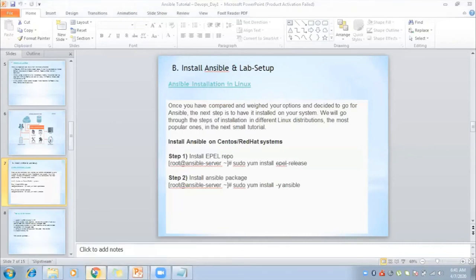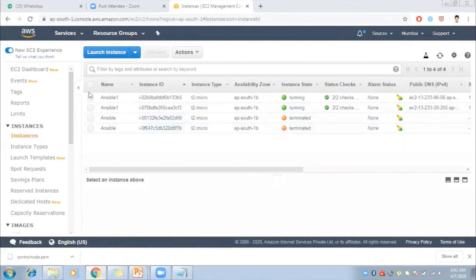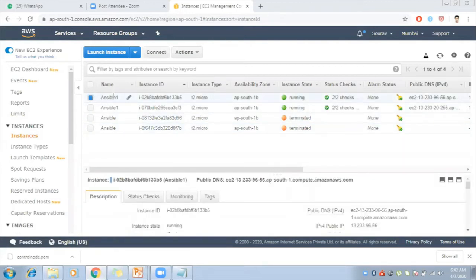So now I think we are good to go to connecting the machines. I will change the tag. It's named as control. Control means where Ansible should be installed. Basically that's the management node, in the sense all the things should be pushed from here, inside the control. And Ansible software should be installed inside the control node.